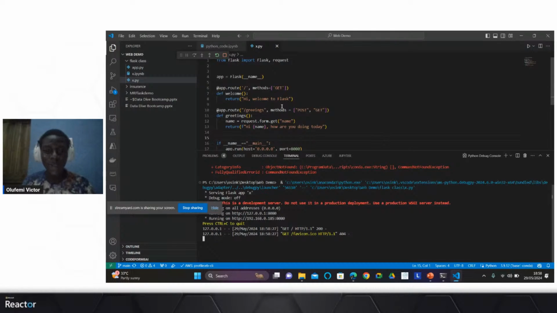Of course, you can also have a post method. And for folks wondering, what's a GET request? What's a post request? It's really basic. A GET request is simply a request you send to query a server and ask for something. You are not necessarily changing the state of the server, because you are just asking for something the server already has.